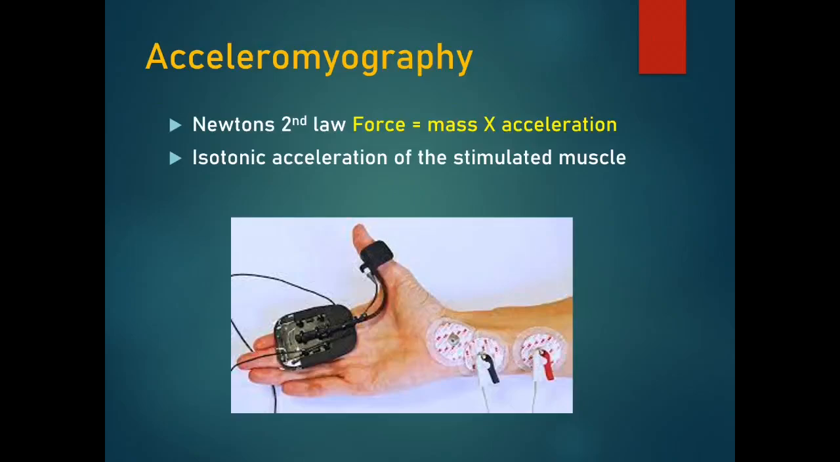Now the commonest that we use is acceleromyography, which follows Newton's second law, wherein force is equal to mass into acceleration. What it measures is the isotonic acceleration of the stimulated muscle in response to a nerve stimulation. For example, you stimulate the ulnar nerve, it produces adductor pollicis contraction. This contraction is sensed, amplified, and gives you a response on the digital